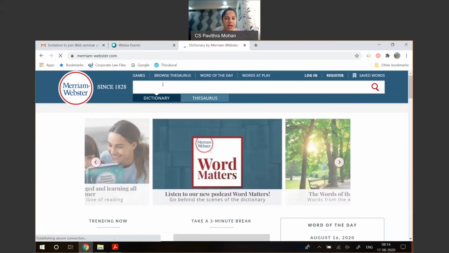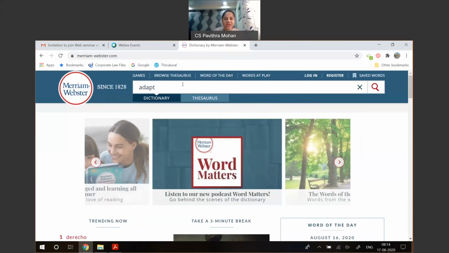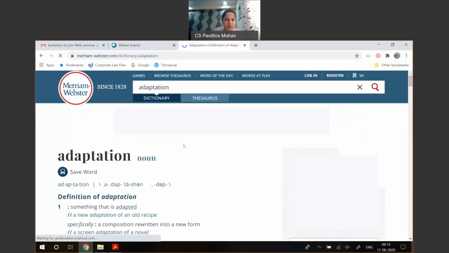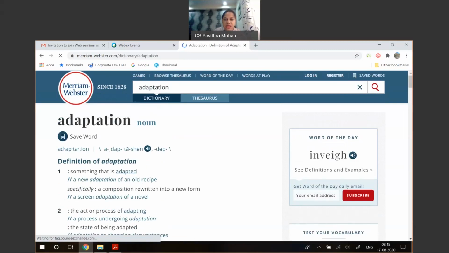So when they ask, let's say I want a word, adaptation. Okay, so I'm giving it as adaptation. When I give this particular word, what will it say? If you can see this word, adaptation, here it says this is a noun. Okay, if I click on this,